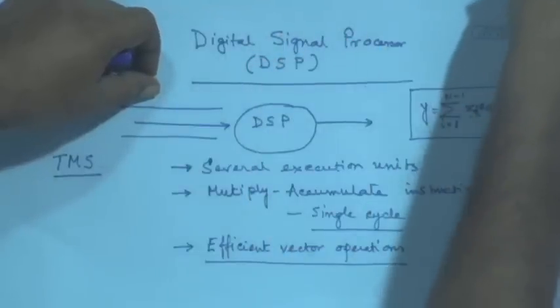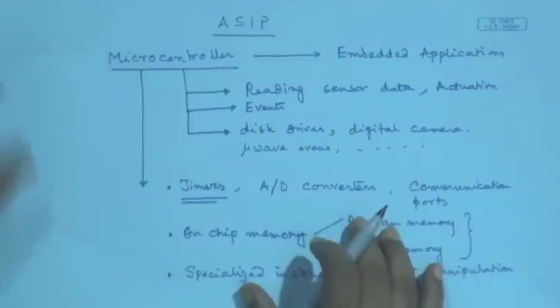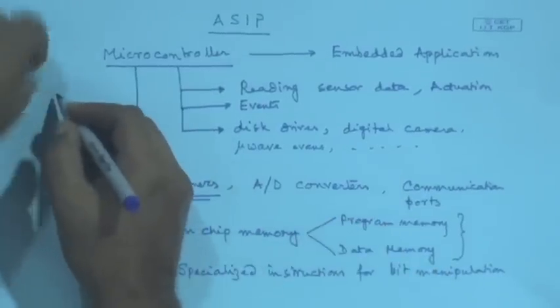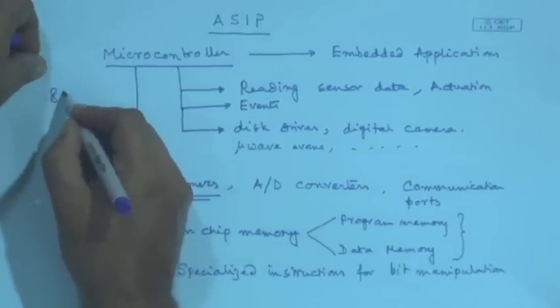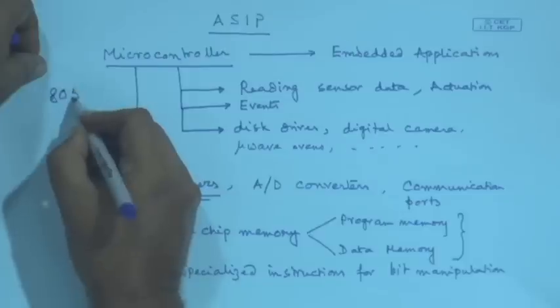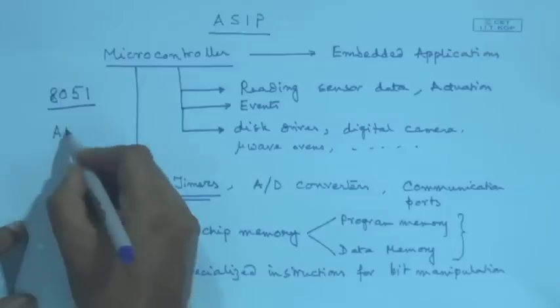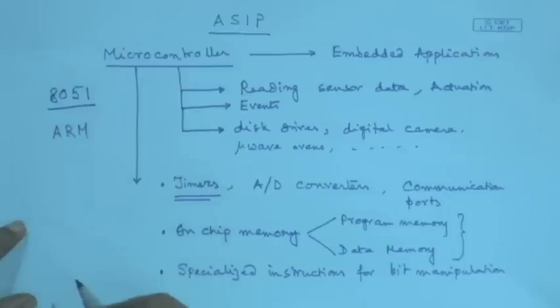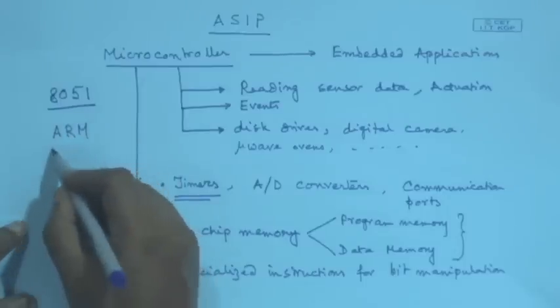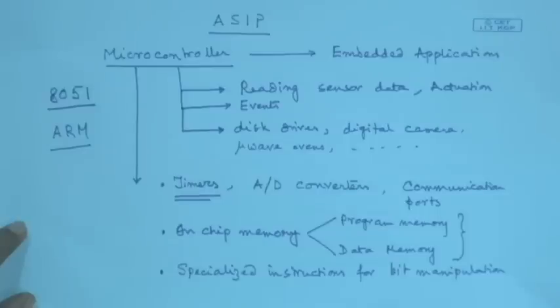For microcontrollers, you can start with a simple one. I would suggest that all of you look at 8051, which is Intel's microcontroller. Look at ARM and StrongARM microcontrollers, and study their instruction set